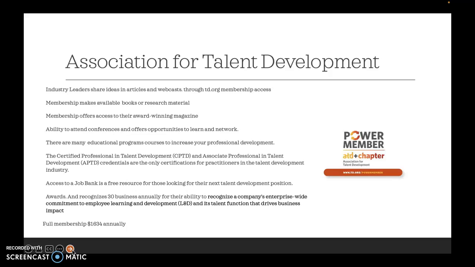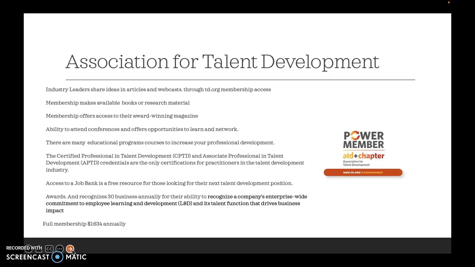So what they wrote on their website, td.org, is that their membership access includes availability to books and research material, which when you're going through the APTD credentialing is very important, but more so for the CPTD, the Certified Professional in Talent Development. I'll talk more about that in just a little bit.